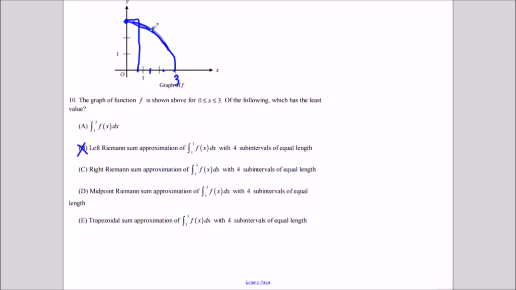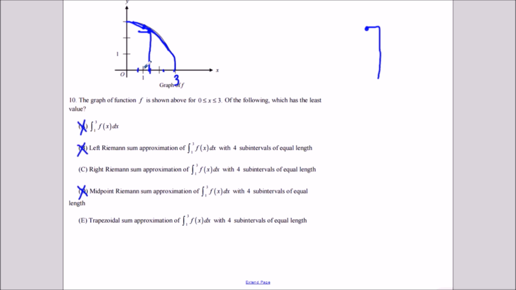Now a right Riemann sum, if we look, is going to go under the curve here like this. So that eliminates choice A, because one of these rectangles is going to go under the curve, which means its area is going to be less than the actual area. Now the midpoint Riemann sum we could eliminate as well, because that's going to be between the left and the right. If we use a midpoint value here,